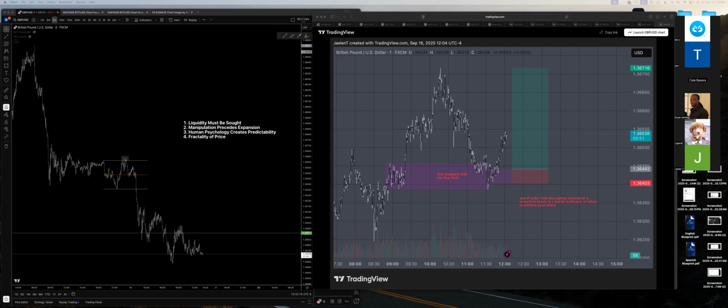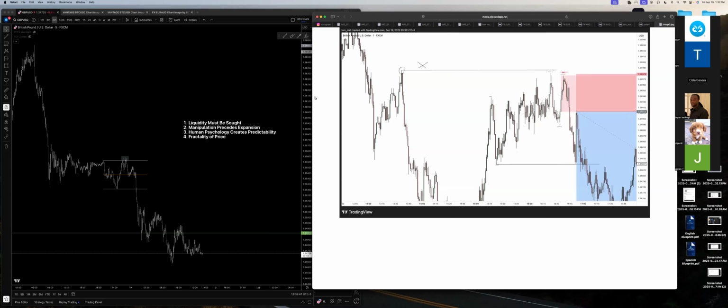Okay, I see. Yeah, the execution is fine. I don't think it's a model per se, but I don't disagree with it. I think the break here is unwillingness to go higher, so it's a perfect perimeter to enter and go lower. So that's fine. I just think, because it's the end of the day, it might make sense to aggressively trail your stop or just close out for the day.